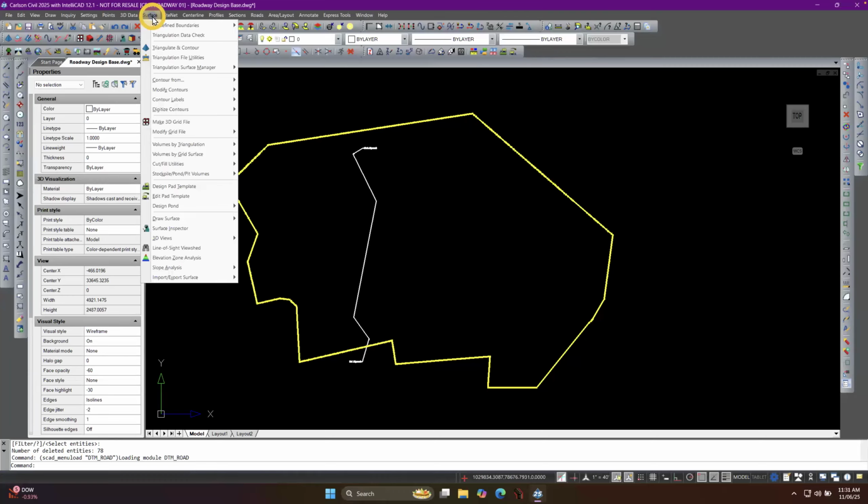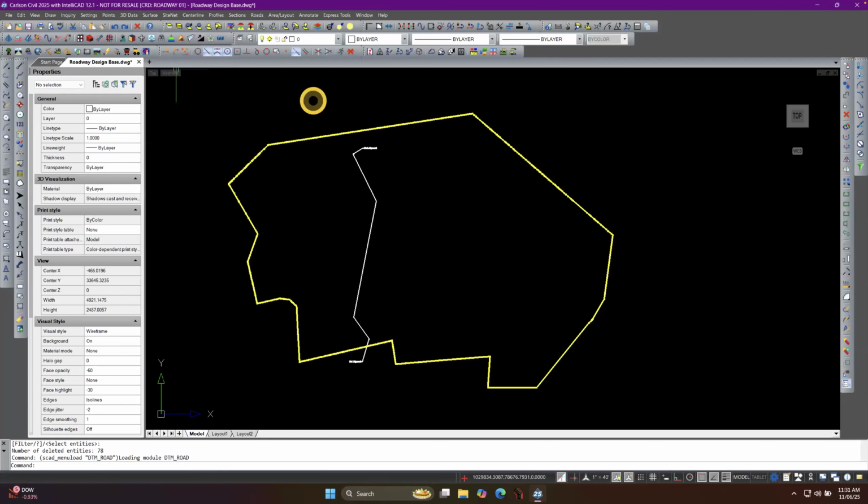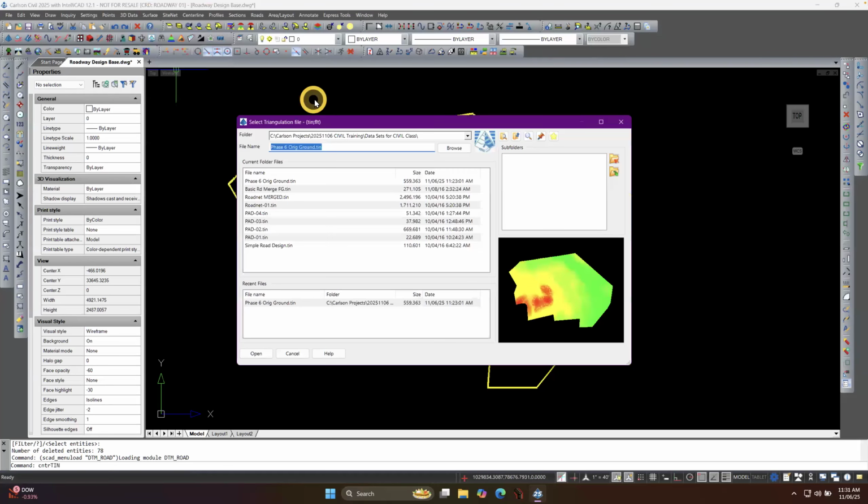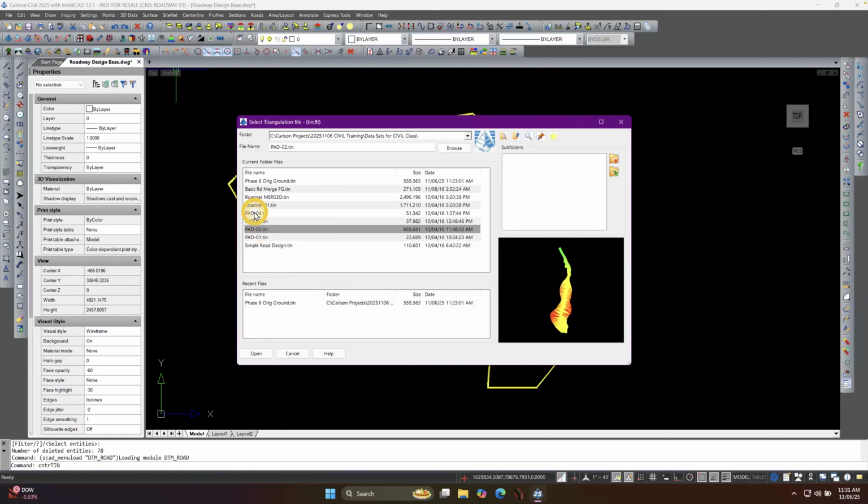And I'm going to choose contour from a tin file. That's triangulated irregular network. So there's my tin file. And the file I want to use down here is the one that I was just recently in. That's mine. Or I've got these different